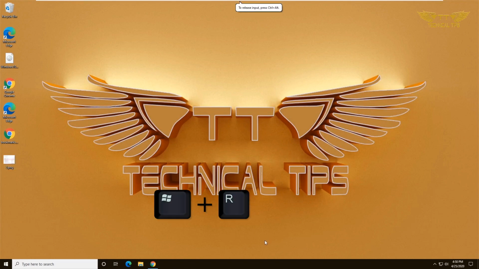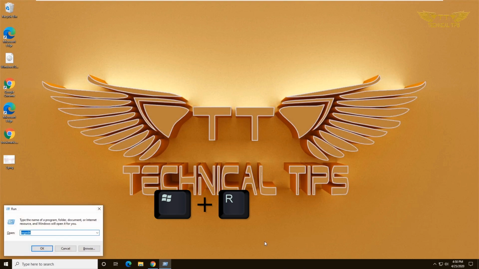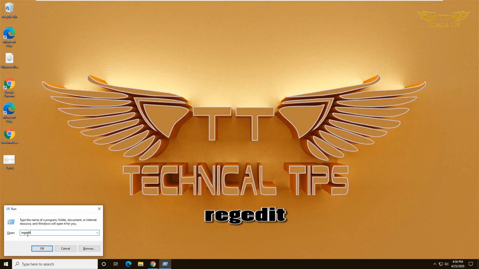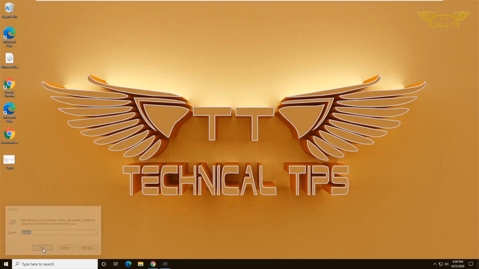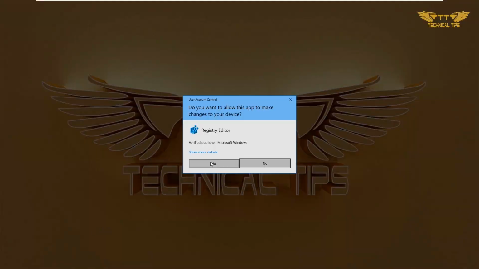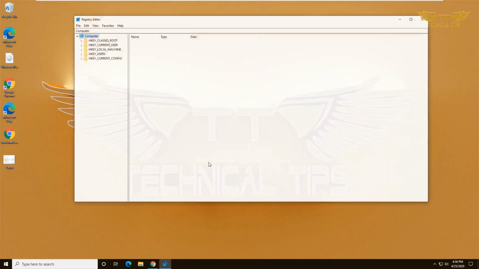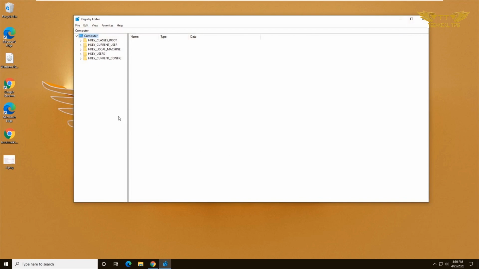So press Windows and R again, and in the run window you need to type regedit, that is regedit, and click OK. Click yes on user account control, and from the left hand side click on